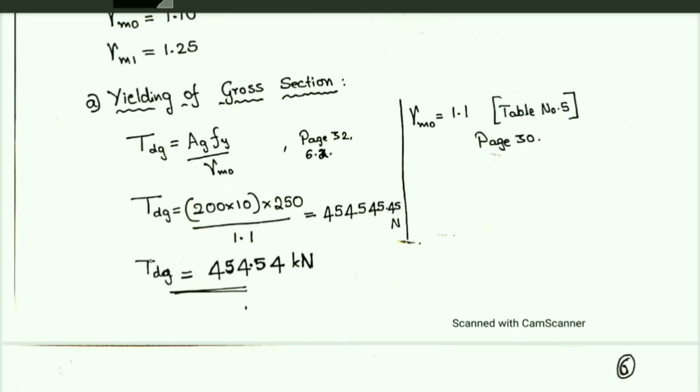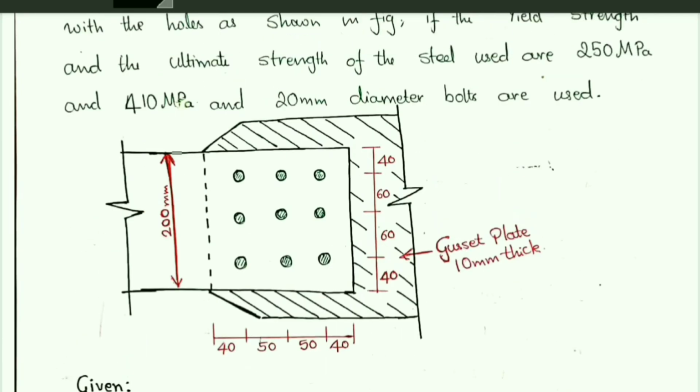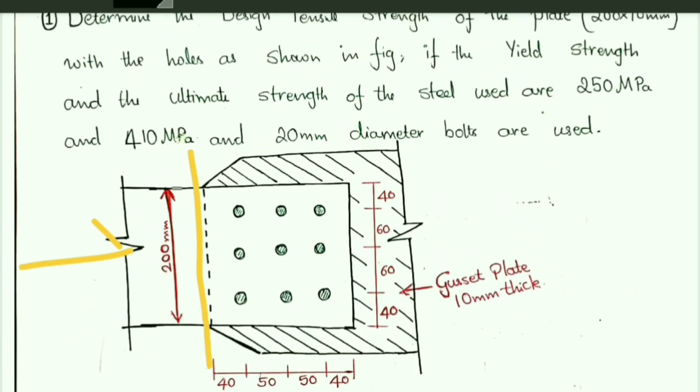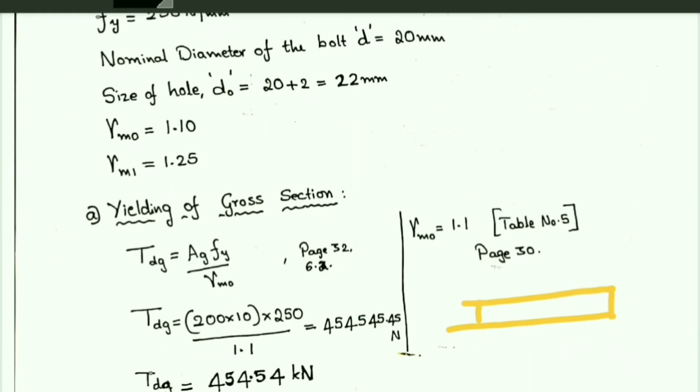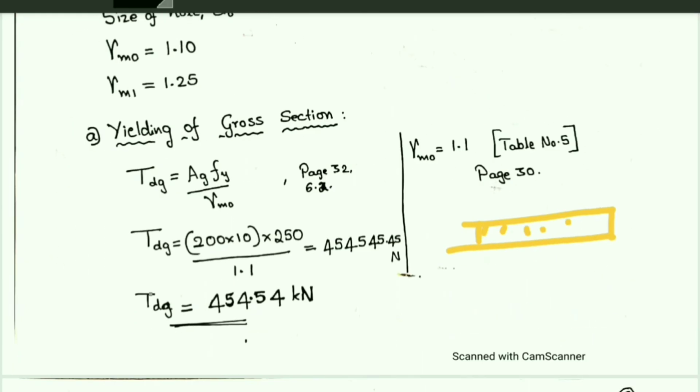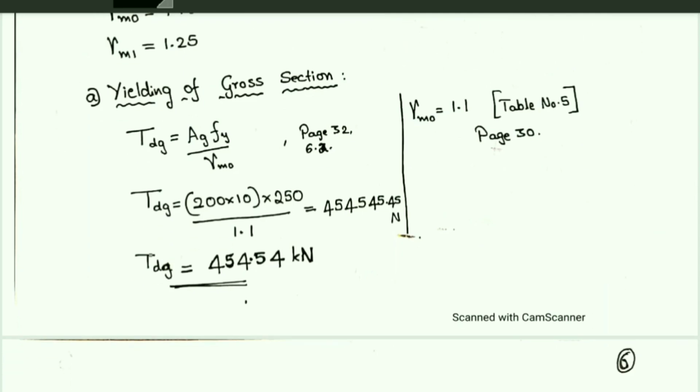The thickness of the plate is 10 mm and the width is 200 mm. If you take a cross section and see it from this side, you can see it like this. So the width is 200 mm and the thickness is 10 mm. The total area is 200 into 10, and Fy is 250 divided by 1.1. Gamma M0 is on page number 30, Table number 5. So TDG becomes